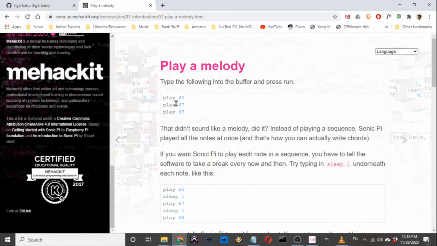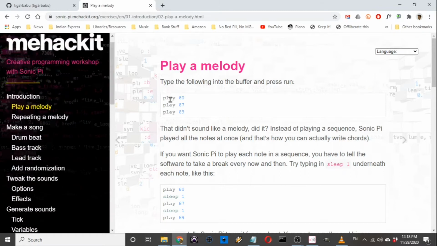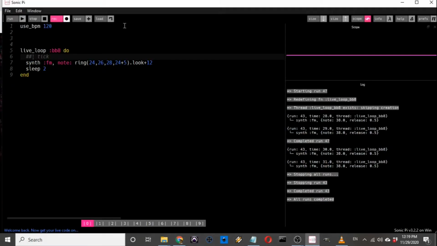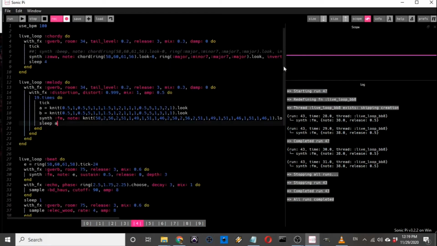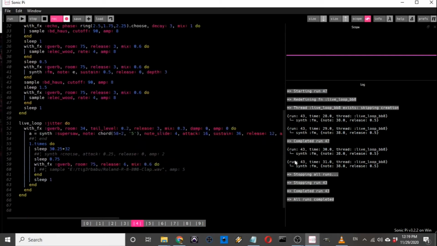But my tutorials are not following this lesson plan solely for the reason that it has this piece of syntax called play, which I avoid like the plague, because when I'm making music, if I had to keep using play, the number of lines of syntax runs into like 150, 200. But because I avoid this one piece of syntax, most of my songs stay within 100 lines.